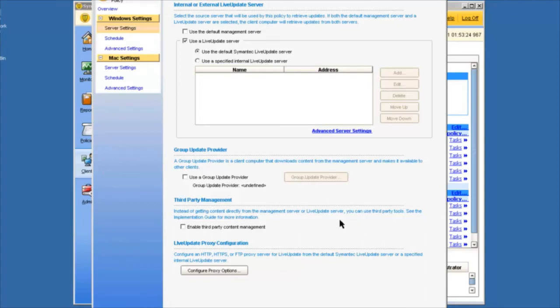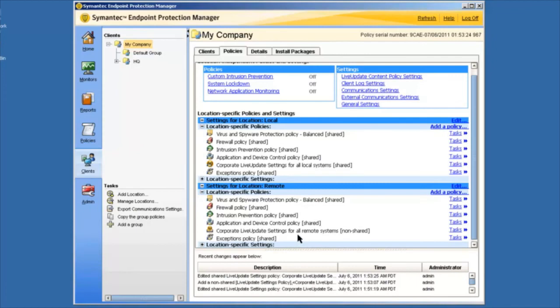If our remote user, we could create another group. We could, in the middle of the screen here, we see the GUP. This is where we could have this remote computer connect to a GUP. So if you've got a machine that's moving from branch office to branch office, this would be someplace where you'd want to configure that. Now I want to take a look at what the local settings are,